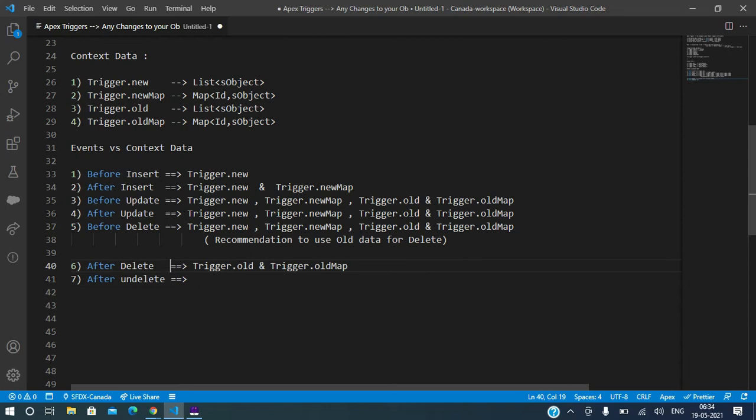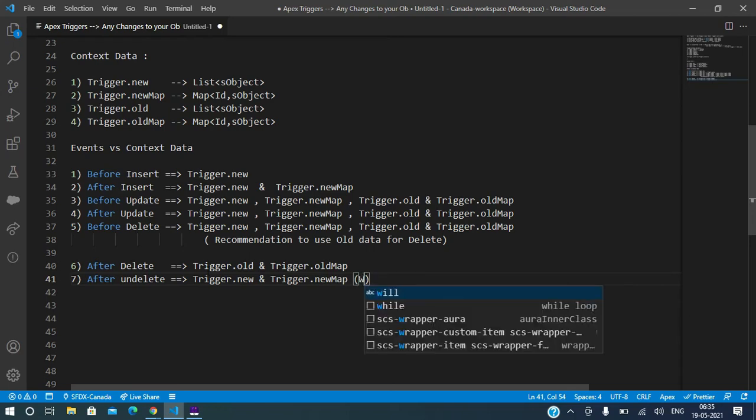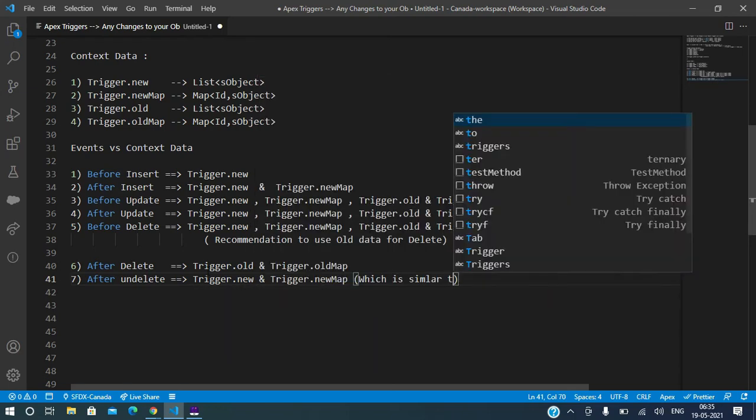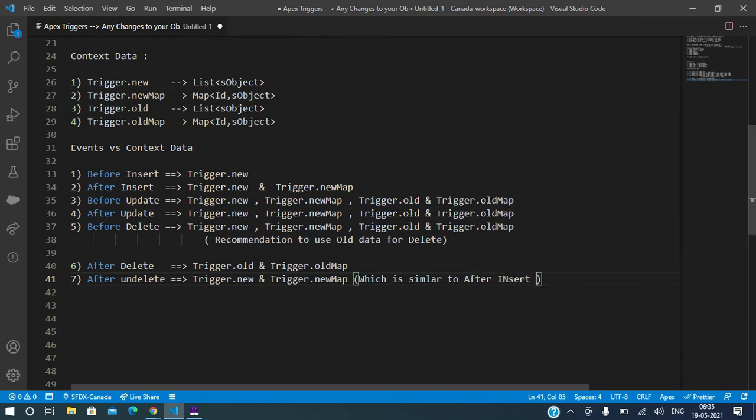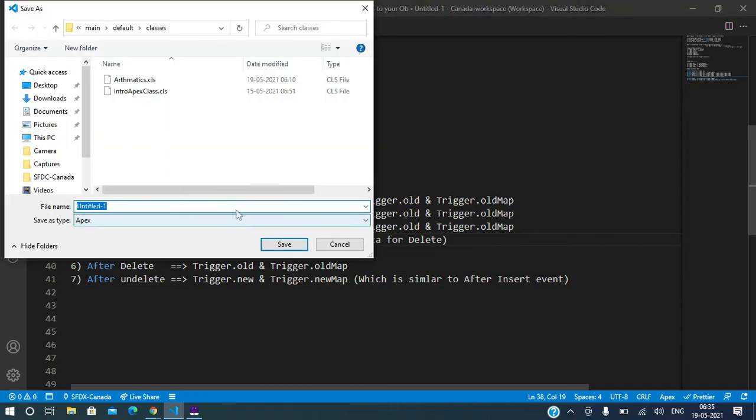After undelete is similar to after insert, but here also you will have an ID. Trigger.new and Trigger.newMap, which is similar to the after insert event. See, you have to remember this mapping.